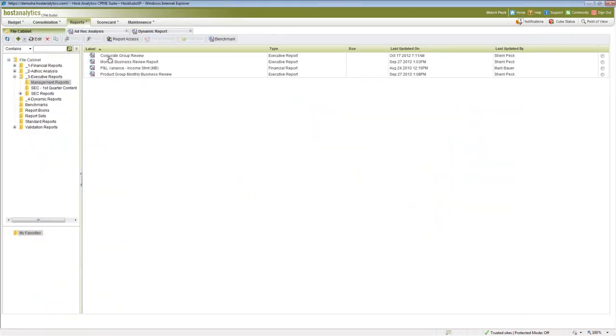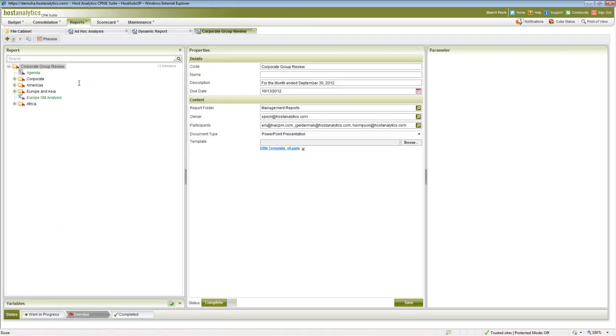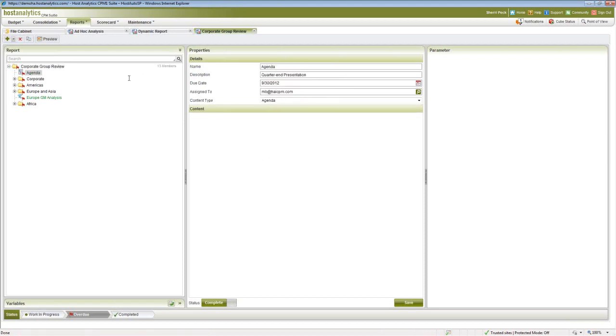So the way we do that is we define each page in our Executive Report Manager. And here you can see this is the definition of that PowerPoint I just showed you. On each one of the pages, here are the properties of that page. So this is my title page. We have an agenda. And each executive report you can either generate in Word, like I showed you the 10Q, or in Excel, and bring in Excel reports, as well as you can also use this for PowerPoint.